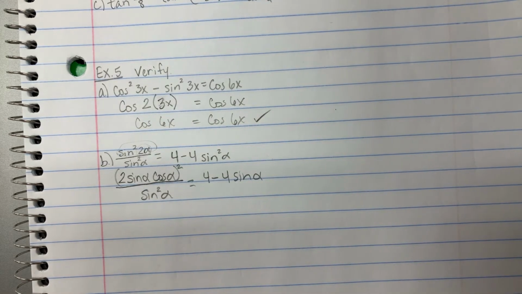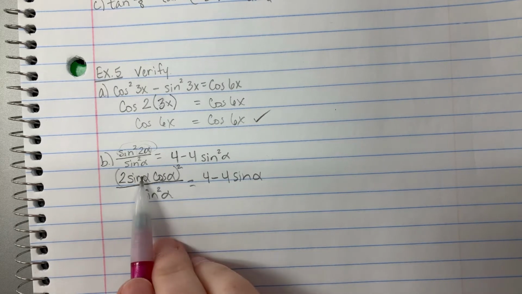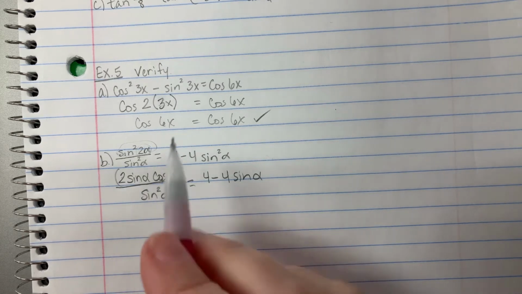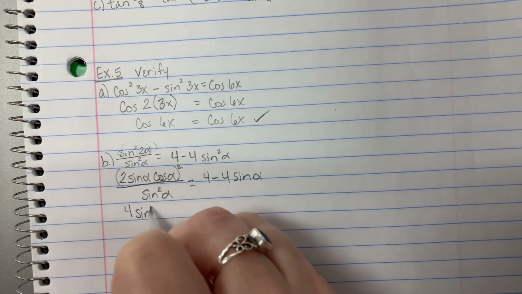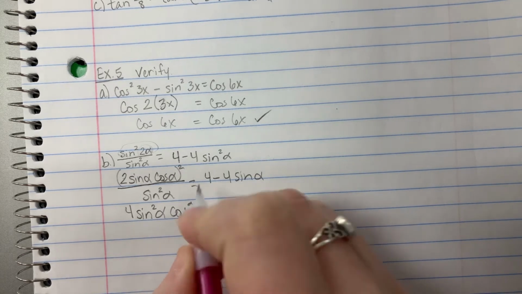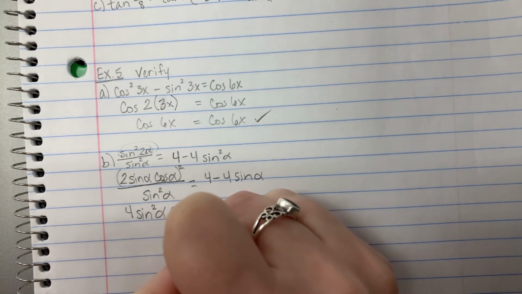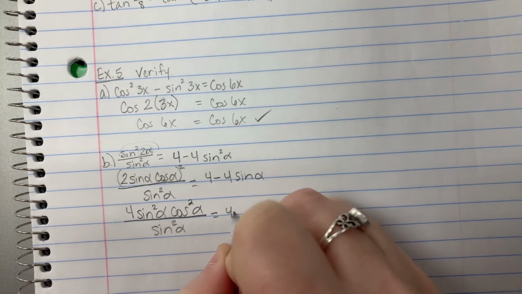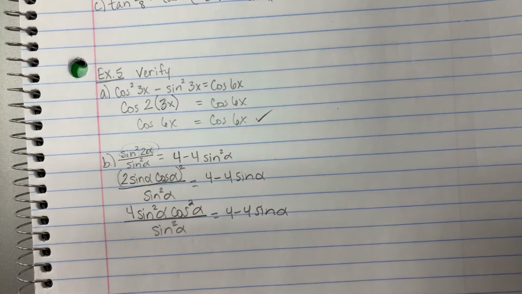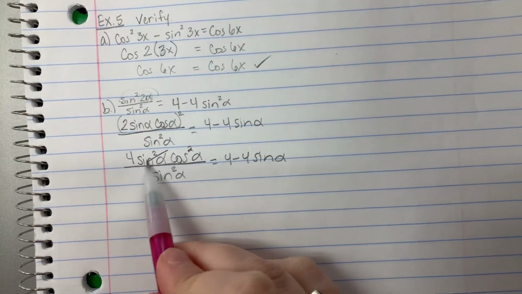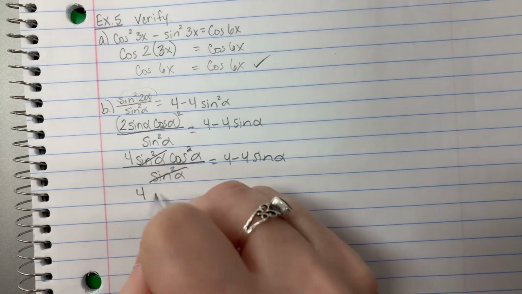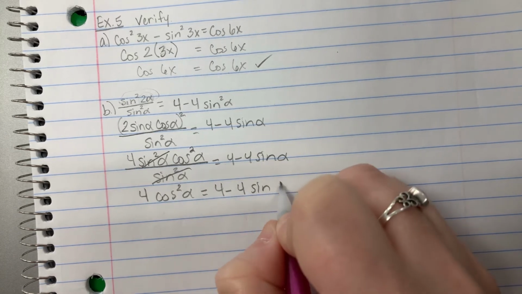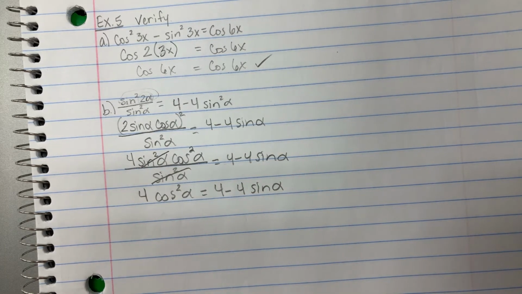Leave that side exactly the same. So now I'm going to actually square this out. If you square this, it's all multiplication in here, so you really can just square each of these things. So this is 4 sine squared cosine squared, all over sine squared. Okay, so in that case, this cancels. So I end up with 4 cosine squared equals 4 minus 4 sine of alpha, which still isn't great, but